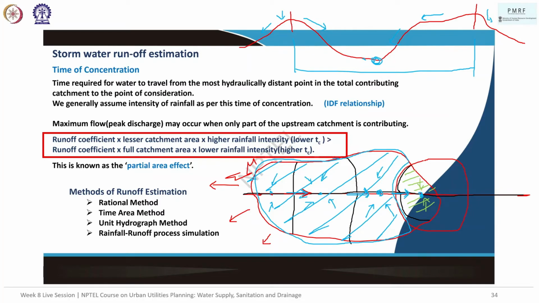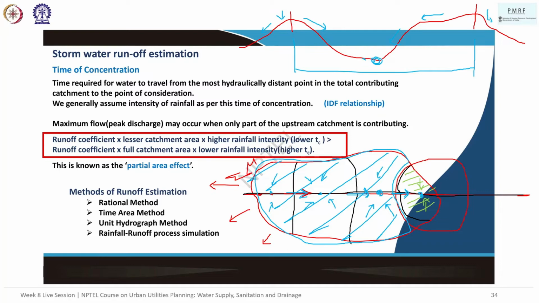We are going to design the sewer line based on the maximum expected flow through the sewer line, rather than the stormwater drain line, right? So the drain line's cross section will be determined based on how much water is expected. So the standard expectation would be that the blue area will be much higher than the green area. Why? In basic math, the amount of rainfall for a particular intensity is going to be,